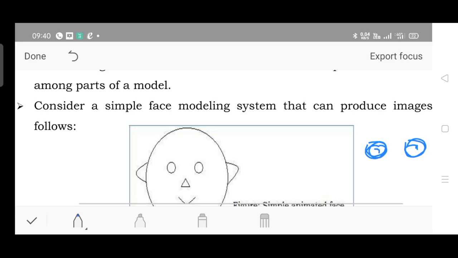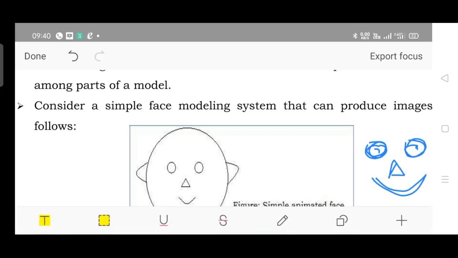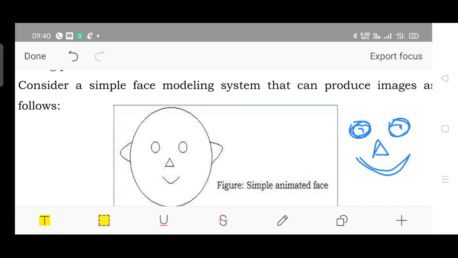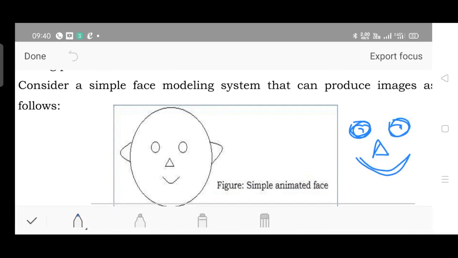Then we have a different structure, the nose. Then a different structure for the mouth. Then of course ears to be considered, and the face outline. Once again we have a similar structure: two ears to be drawn at two different locations.